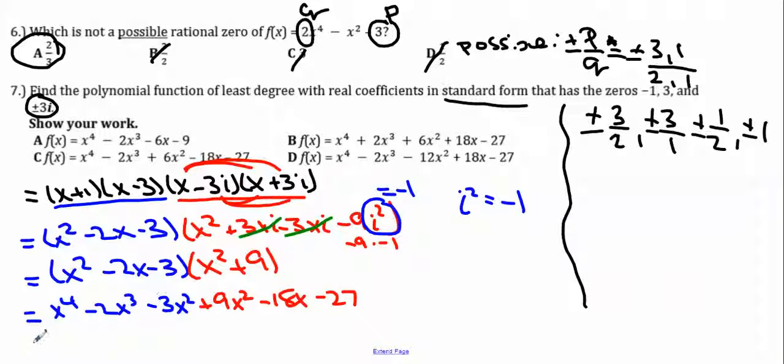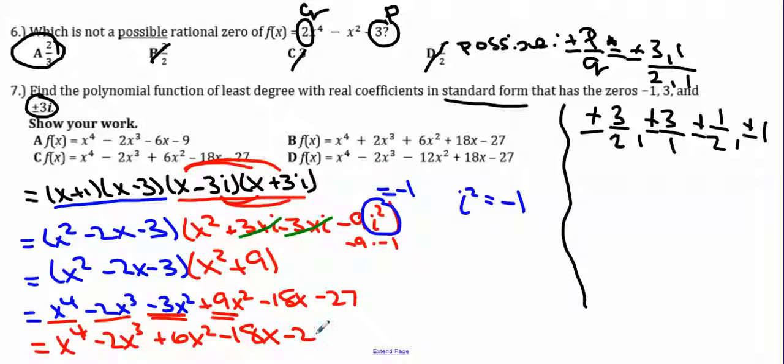I'm going to combine like terms, and that is going to be my final answer. So I have no other x to the 4th term. And I don't have any other x cubed terms. And now I have 2 x squared terms. That's going to be positive 6x squared, negative 18x, negative 27. Let's look at our option choices, and that would be